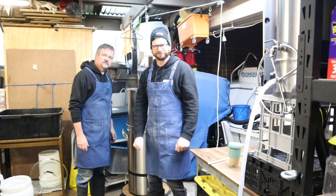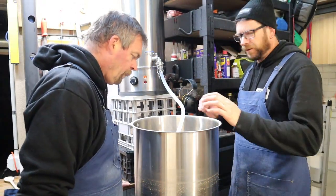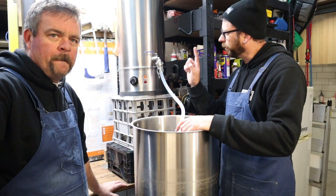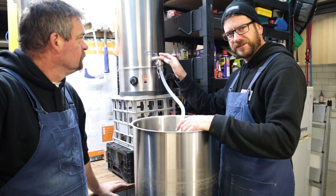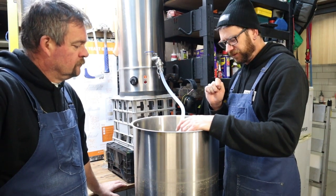Sparge on. Alright, we went through this in the last video. We've got the cam lock fitting straight off the HLT. We've put in the water into the HLT, taking into account the dead space. So all we need to do is open this up and let the whole thing drain. We don't need to count anything. Straight in using the...